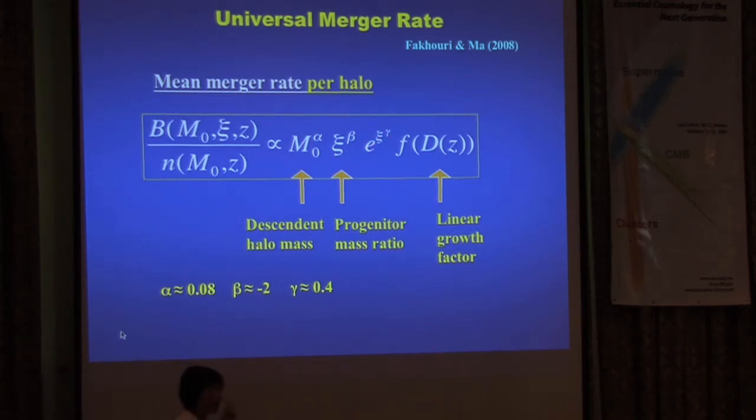Ksi, again, is the mass ratio of the progenitors. So you saw earlier on the curves kind of look like that. So the power law is roughly -2. And at the major merger regime, there's a slight upturn, so we try to use another function just to capture that feature. So these 2 factors can account for the shape of the dependence on the progenitor mass ratio.